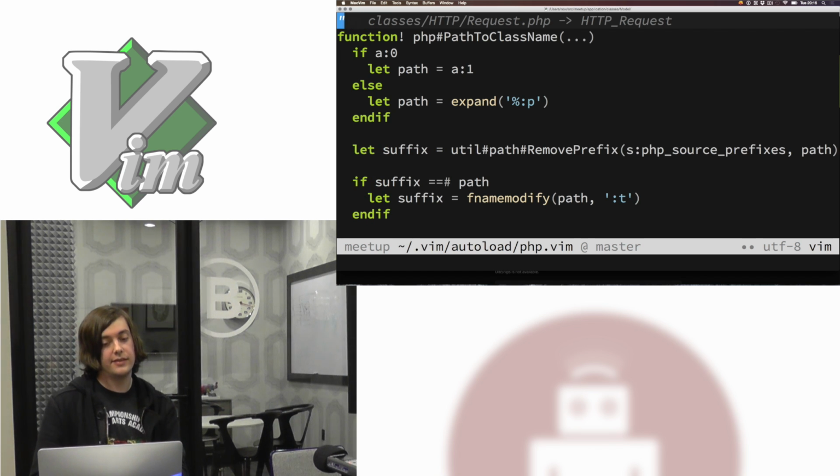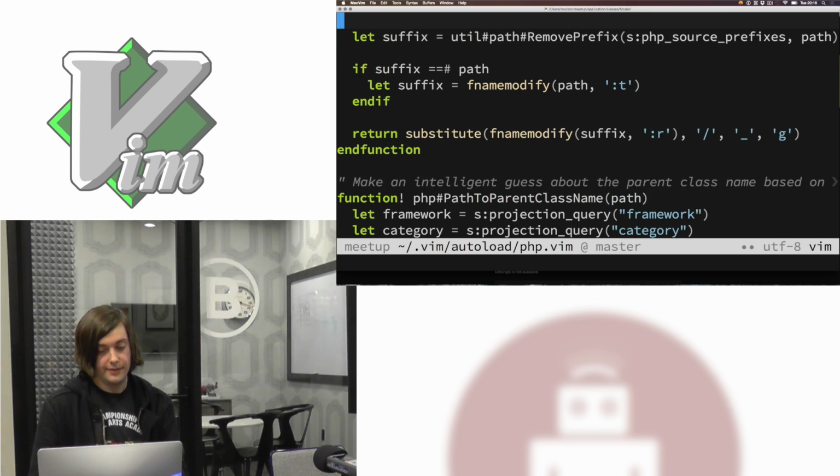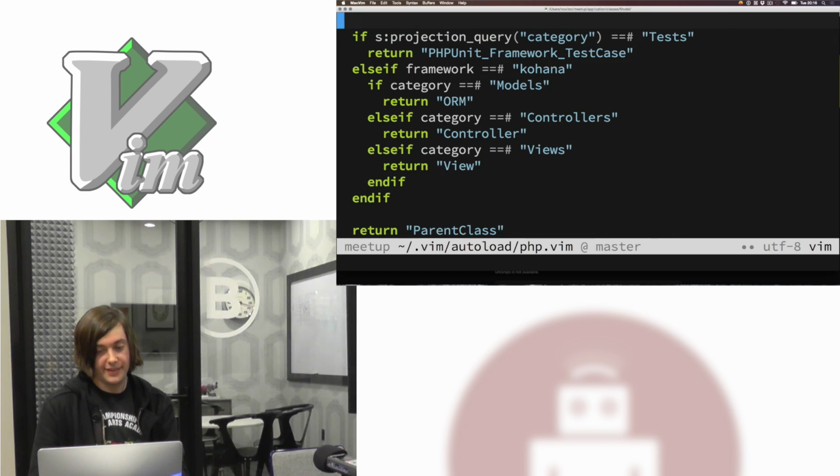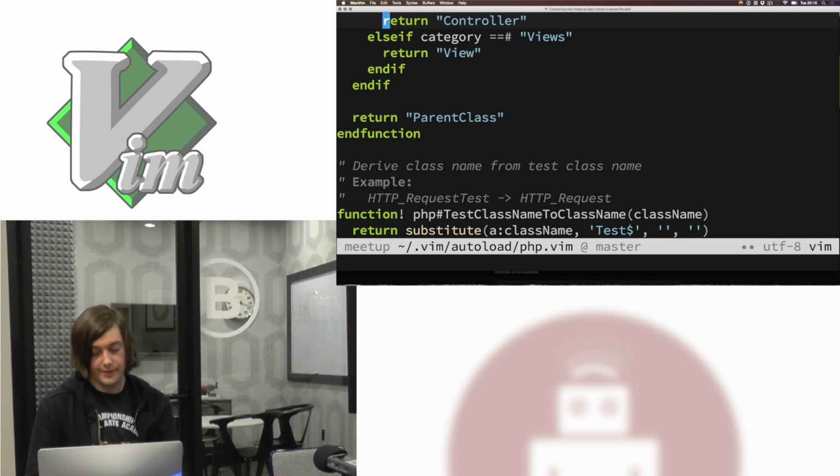This figures out the class name based on the file's path. This one figures out the parent class name. So we can